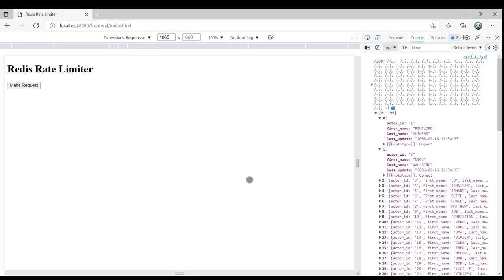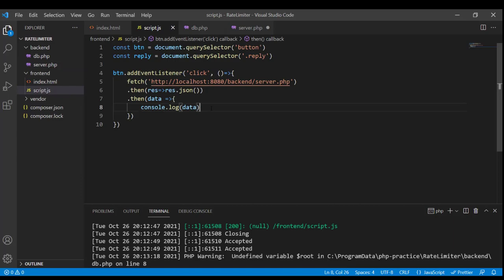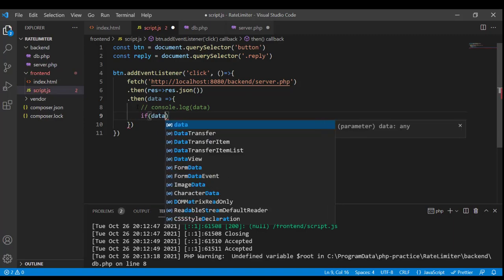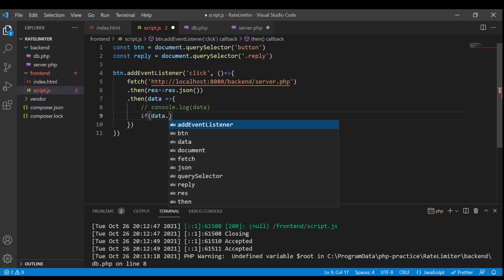So now let's go and work on how we can display this data in the browser rather than in the console. Let's go to script.js. Over here, let me comment this out. Now since this data is going to consist of an array of rows from the database or just an array with one value named status and its value, we have to check what kind of data we have actually received. So if data has an element called status,